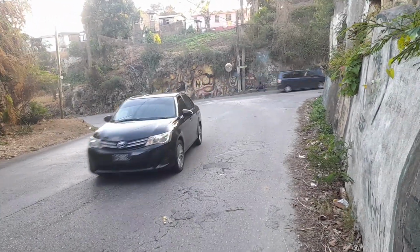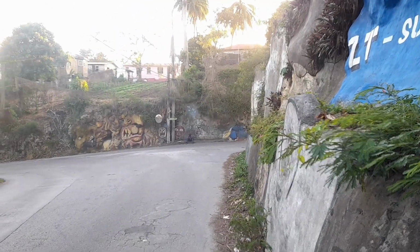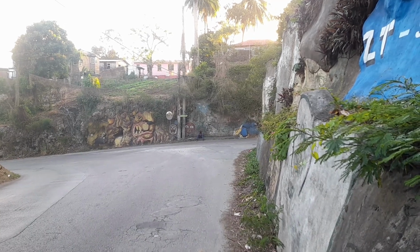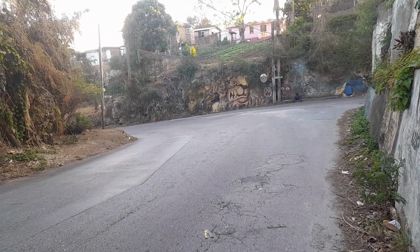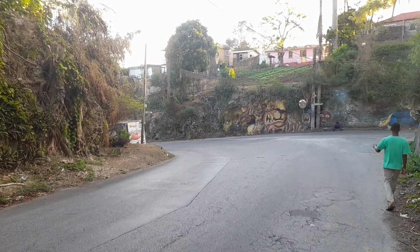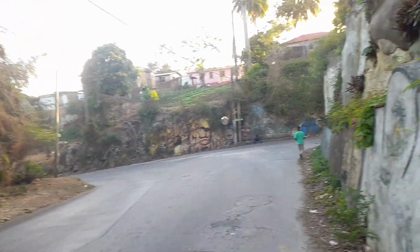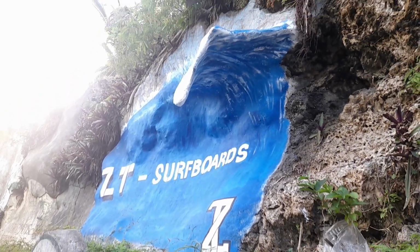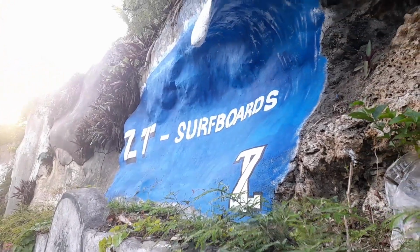ZT surfboard advertisement. All the paintings here on the walls here at Parris in St. Joseph. Yeah, amazing. So this wave here is depicting the wave here at Bathsheba. So these murals here are